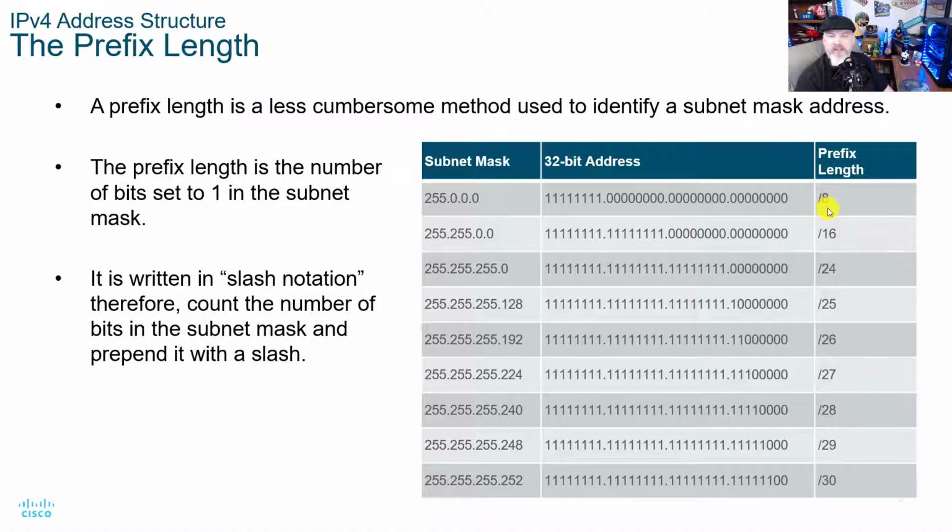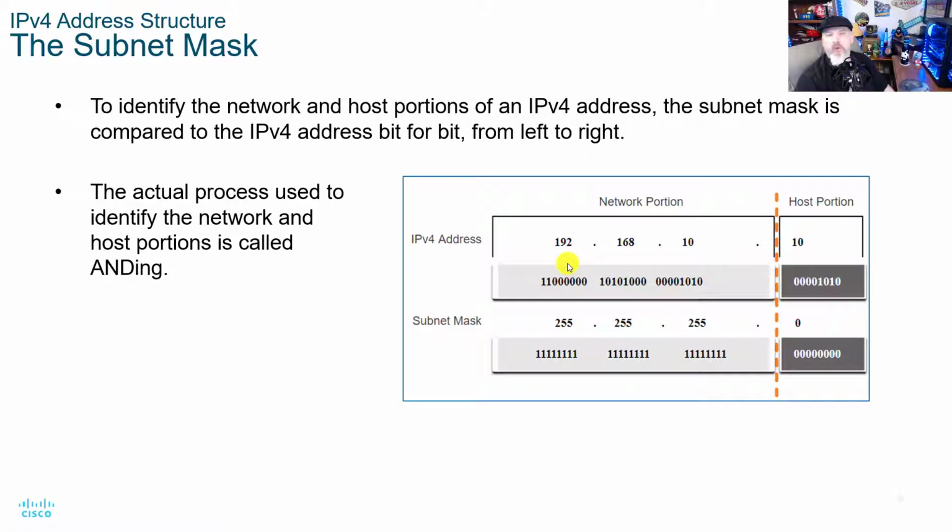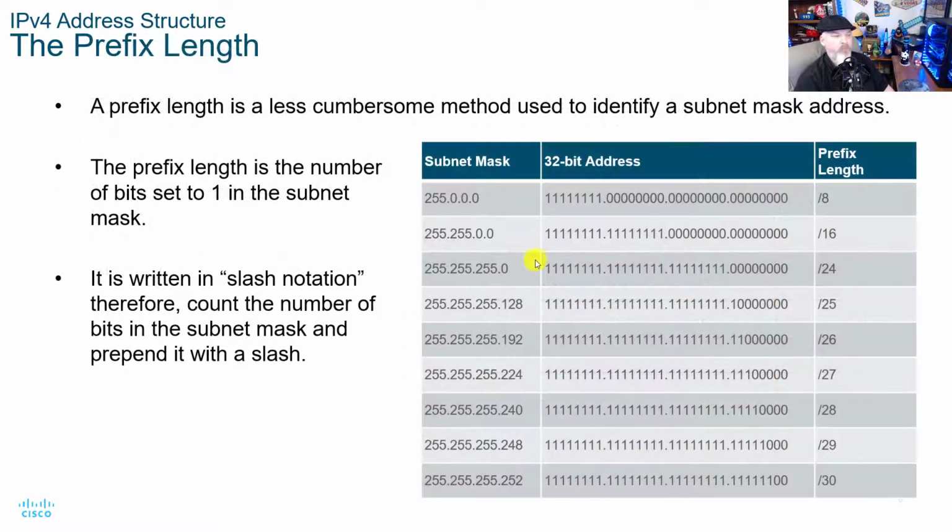So when we look at the prefix length here and we say a /8, you're going to get this in networking. Somebody's just going to say, hey, I gave you a /24. They're going to give you this IP address right here. If I was to tell you what your IP address was, I would say 192.168.10.10/24. I wouldn't spell out this entire subnet mask here, because I know by saying a /24 that that's going to be 255.255.255.0.